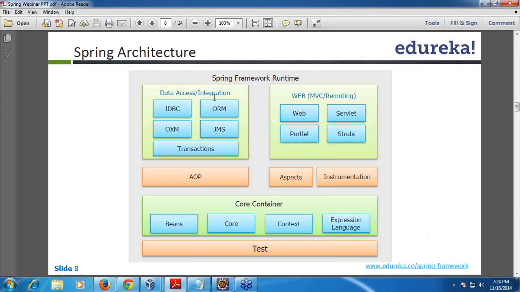For example, data access and data integration. We all know that when we use JDBC code in our Java program, it involves a lot of plumbing work, right? Create connections and statements, execute queries, handle exceptions. But in Spring, we have a lot of templates to ease our work. If you use templates, you don't need to worry about all this plumbing work. We can focus on supplying the query to these APIs and processing the results. We can do this in a simple way using the Spring framework.